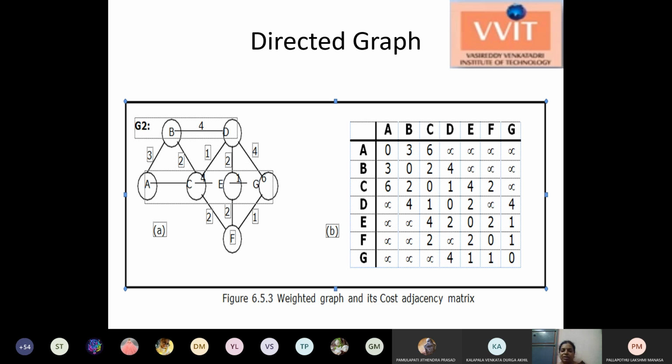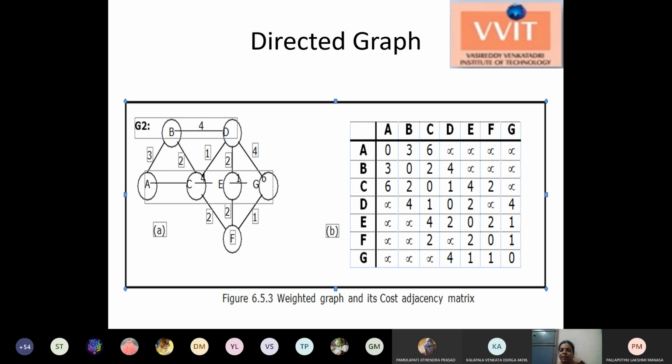If there is no edge between two particular vertices, then we mention infinity. We cannot write 0, we write infinity. A to D there is no edge, so infinity. And A to E also there is no edge, so infinity.